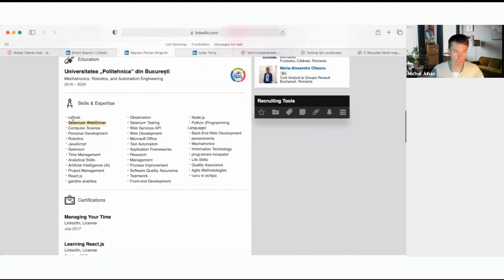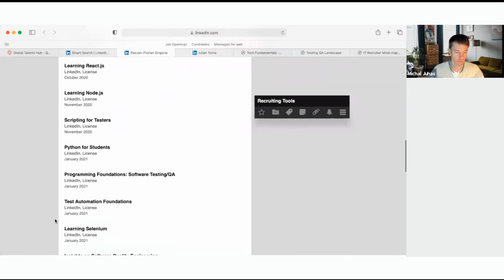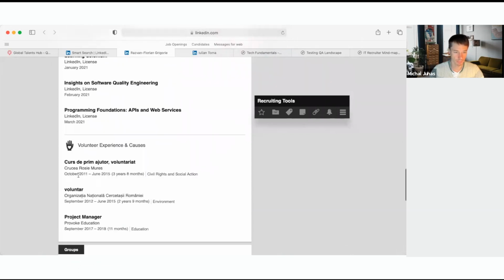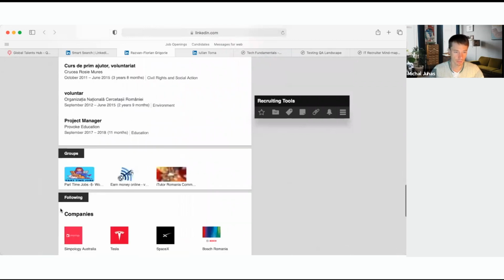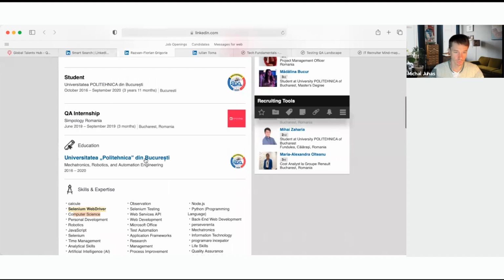Not much, but we can at least see that he used Selenium. He probably has a computer science degree. Maybe not. Oh yeah, University of Bucharest. Mechatronics, robotics, automation engineering. So he even studied